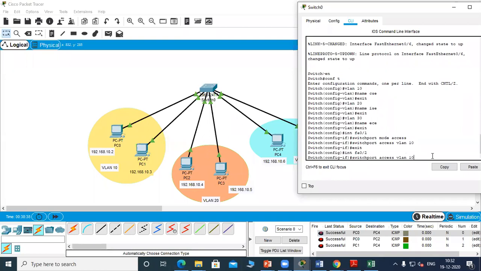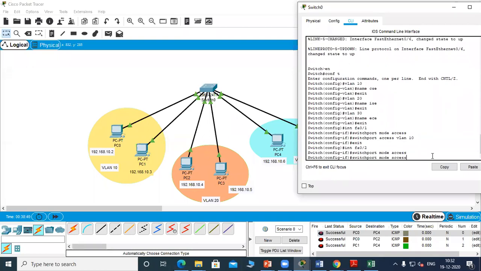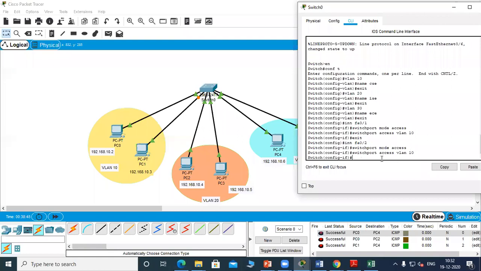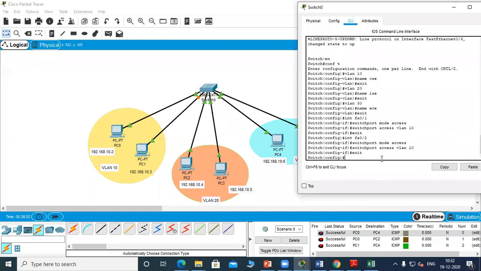FA0/2 is also VLAN 10. Now we'll do the same process for the other two links, the other two VLANs.